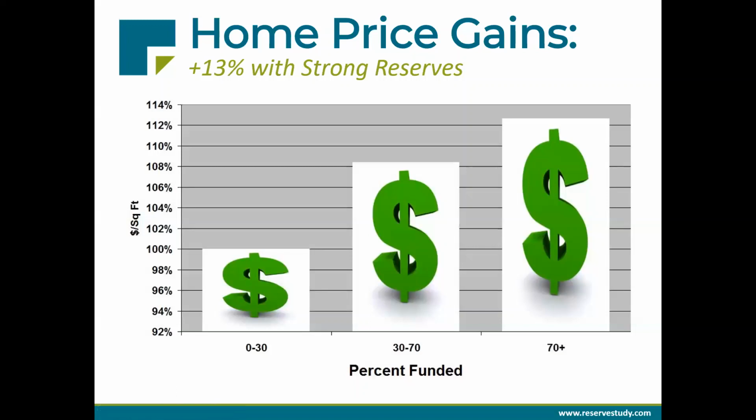Now, why is that? Well, I think there's some intuition here. The associations that have money in the bank tend to have better curb appeal, right? They're in better physical condition. I think that translates back to them being more attractive to potential buyers, right? If you go into a community and the first thing you see is the paint is peeling and the parking lot is a mess and the gym equipment is 20 years old, as a prospective buyer, that's not very impressive, right? And all of those things are very typical of associations that are weakly funded.